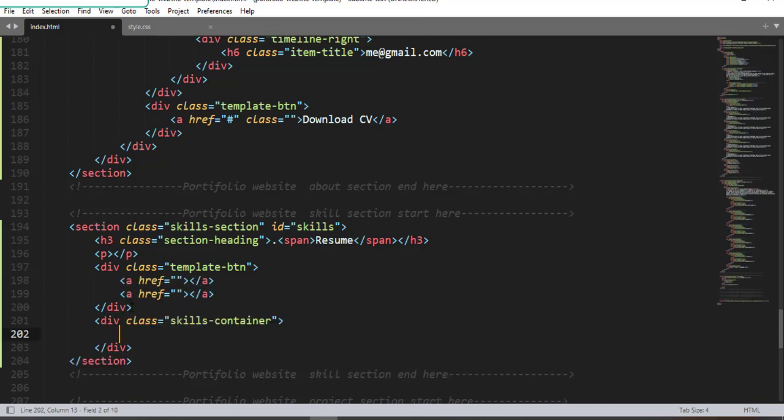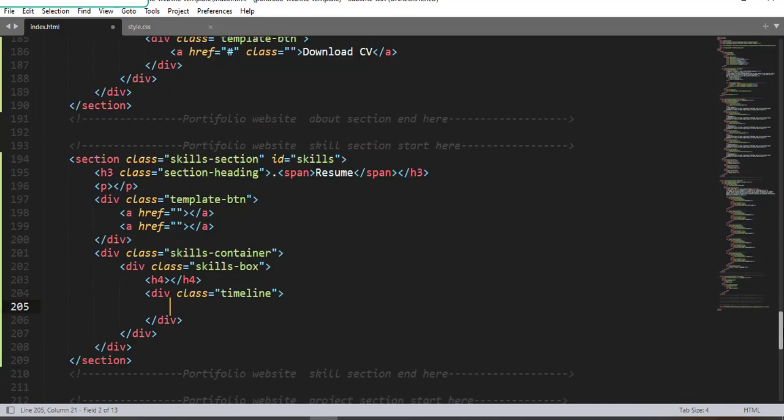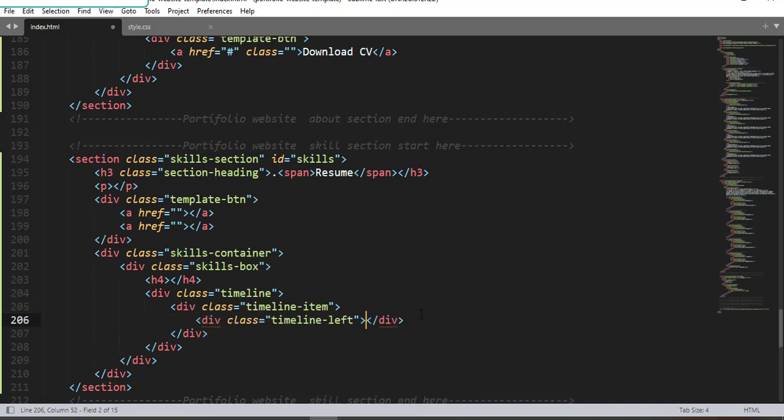So again, inside this, we are going to nest a div element having a class name skills container. Inside this div element, we are going to nest another div element having a class name skills box. So now again, we have an h4 element, and we have also a div element having a class name timeline. Inside this div element having a class name timeline, we are going to nest a div element having a class name timeline item right here. Alright. Inside this, we are going to nest a div element having a class name timeline left,